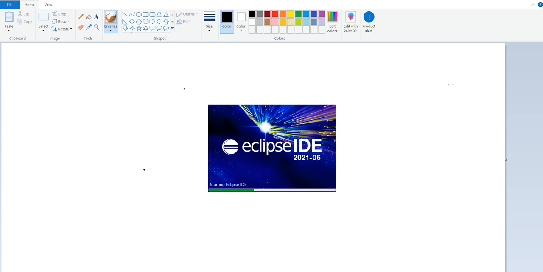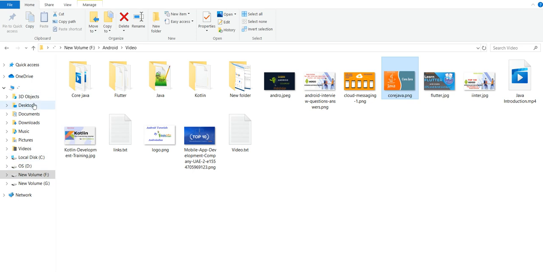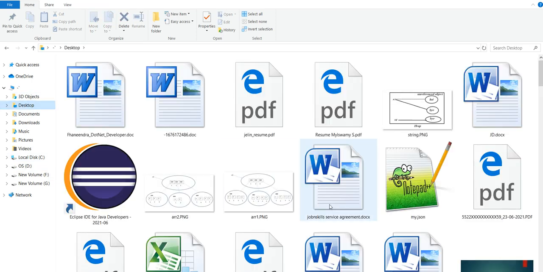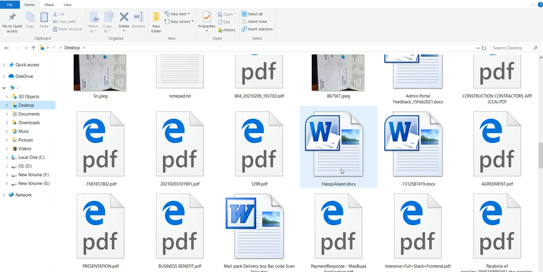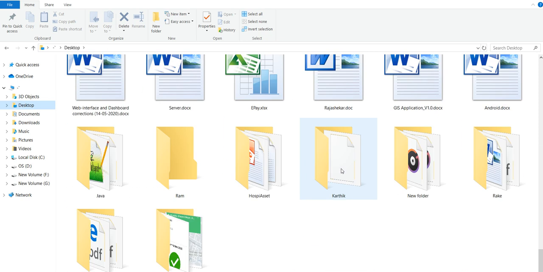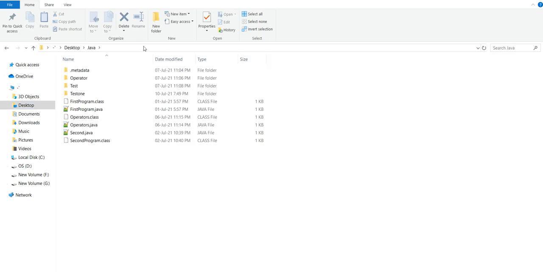So all programs are at the same place and we can access them easily. In our last programs, we created a workspace on the desktop with the name Java examples. Now I'll also create one folder in this itself.